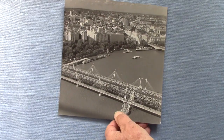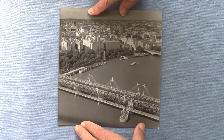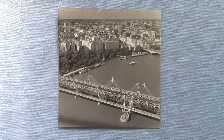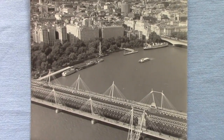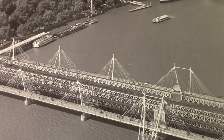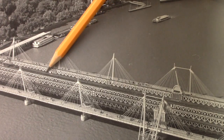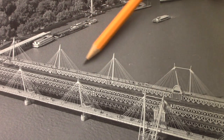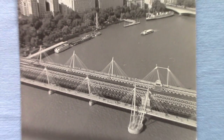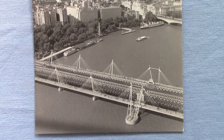Now we went to the London Eye. This is on very old paper. This was only a test. But I found it's amazingly sharp because this is through the glass. And I couldn't believe it, the sharpness. With the standard 80mm lens through glass of the London Eye. All the detail of the bridge here is resolved. Absolutely amazing. Well, I thoroughly enjoy that Mamiya,